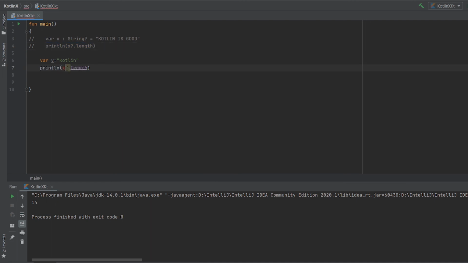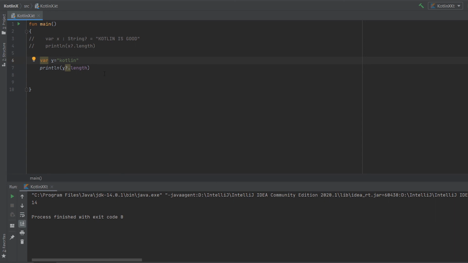Now you can see that variable y has the value Kotlin which is of type String, as you can hover over y and it will tell you that y is of type String, and you're trying to print the length of y using the safe call operator. This program will compile and run fine, and it will show you the value 6 for the length of Kotlin.